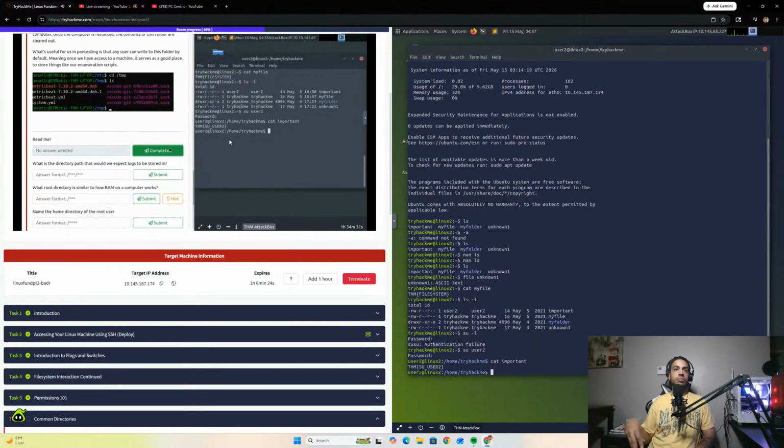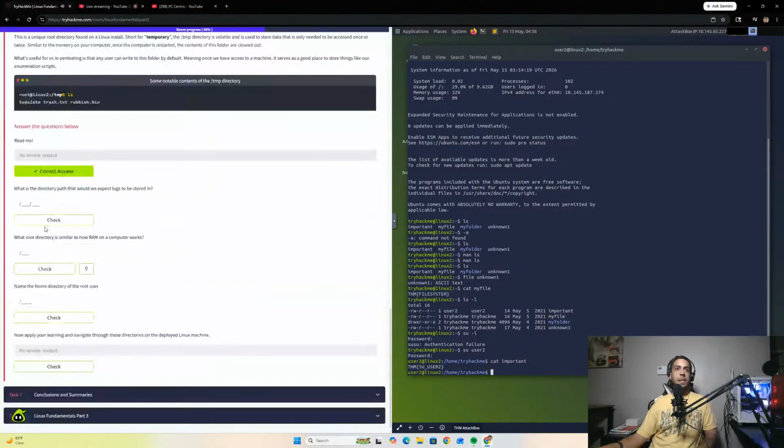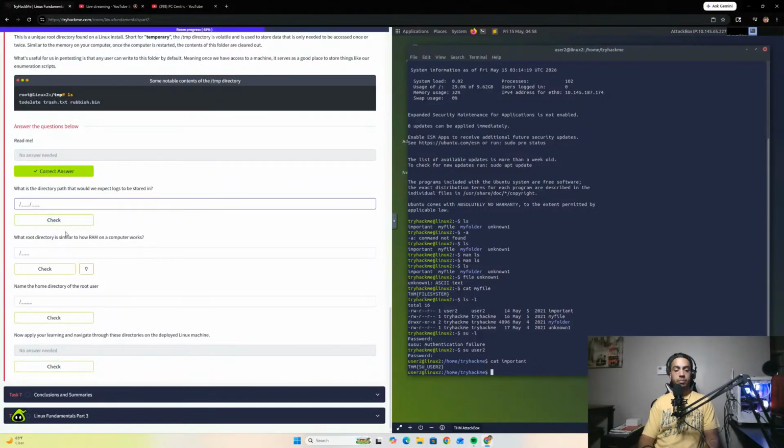README, we've gone ahead and completed that. What is the directory path that we would expect logs to be stored in? That is /var/log. I don't know if it's case sensitive, but